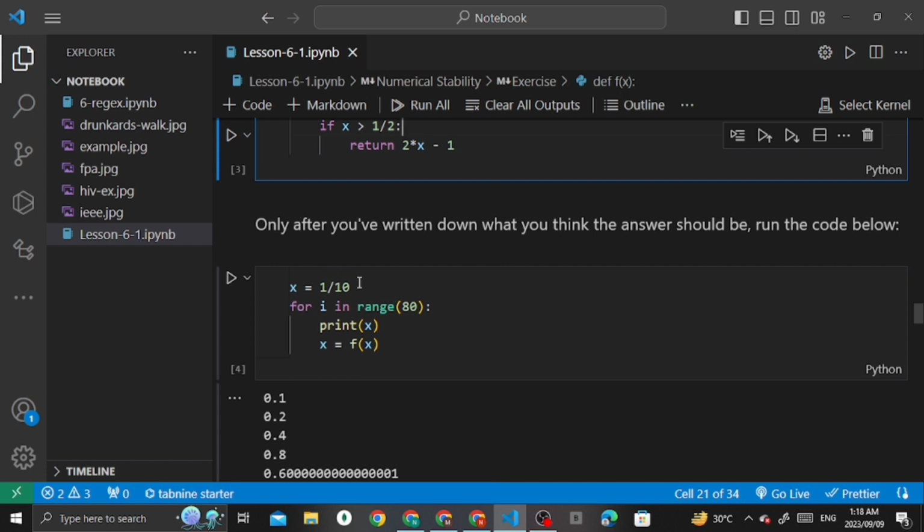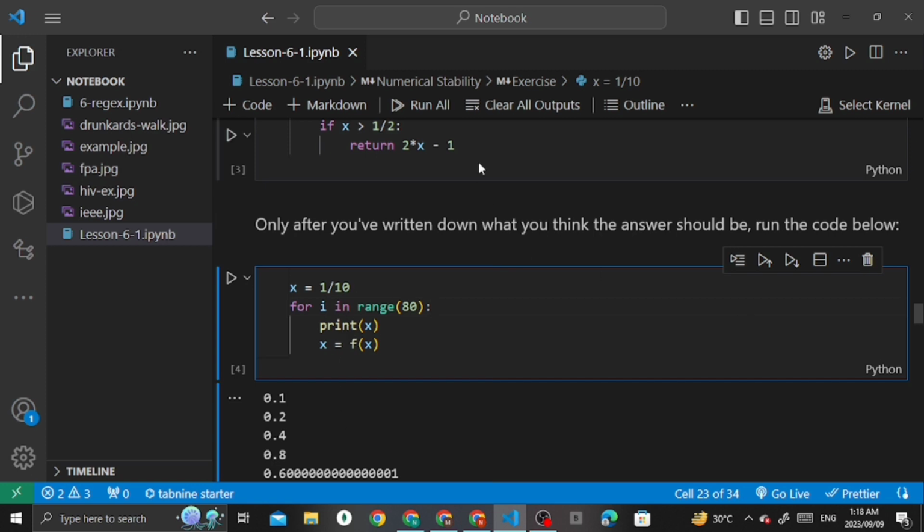It iterates through and applies this function to x equals 1/10 for 80 iterations total, printing each updated value of x. So the result of this code will be a sequence of numbers, as I've shown you here, where x starts at 1/10 and doubles each iteration.